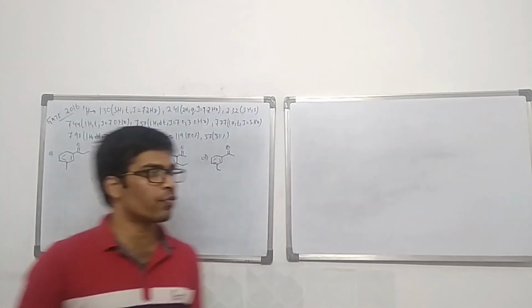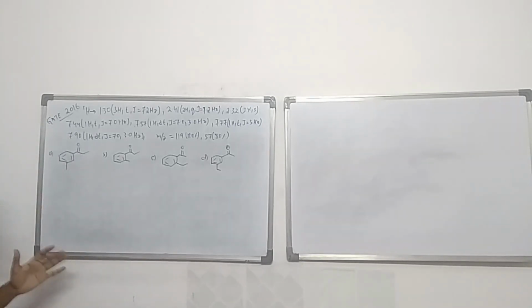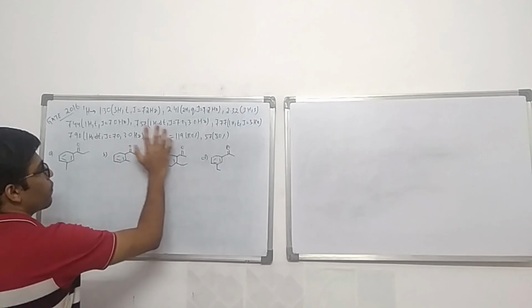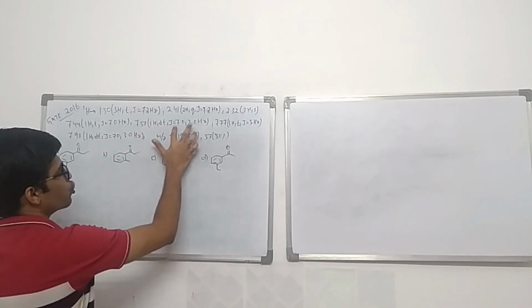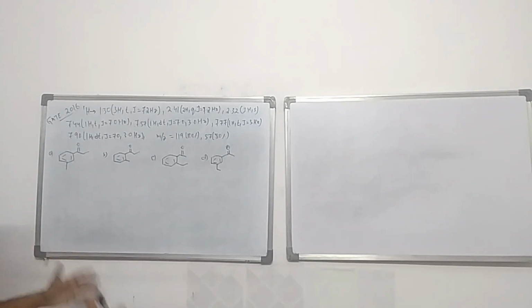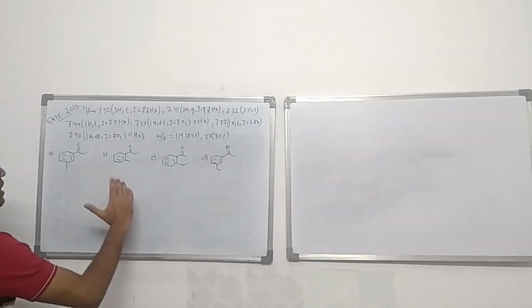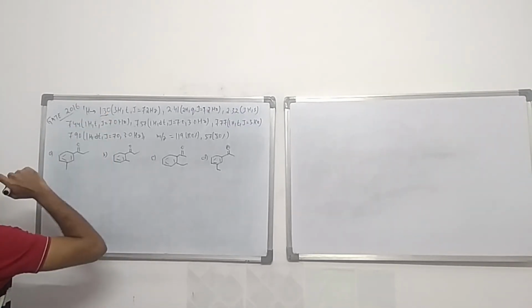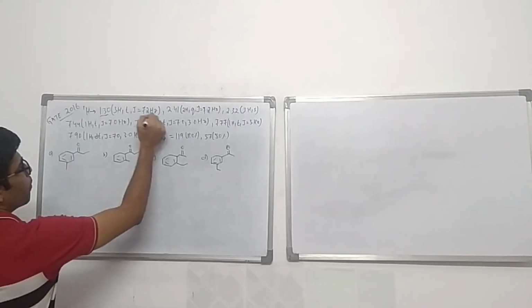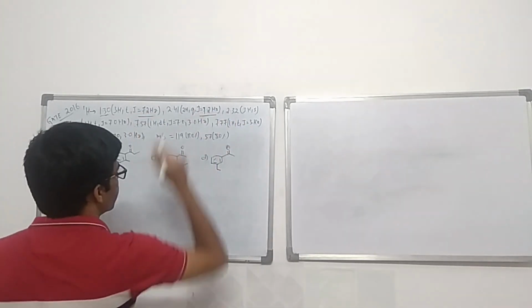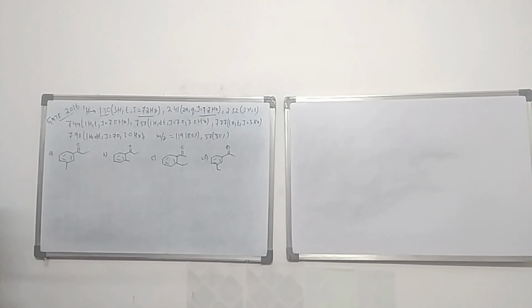Okay, so the last question that we have in this video is from GATE 2016, and the reason I have picked up this question is that if you see, one of the protons has two different coupling constants, as I was previously telling you, that is also a possible case. So what are the data given in the question? They have given you NMR signals at 1.30 having a coupling constant of 7.2 Hertz. Similarly, there is another one having a coupling constant of 7.2 Hertz.